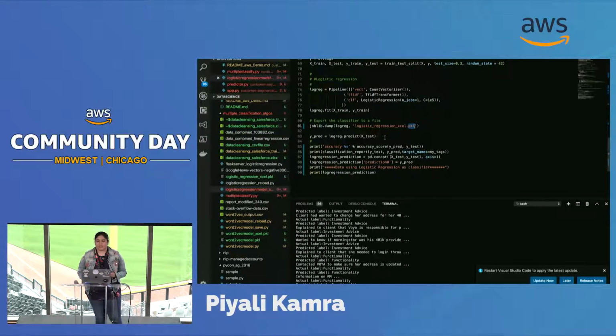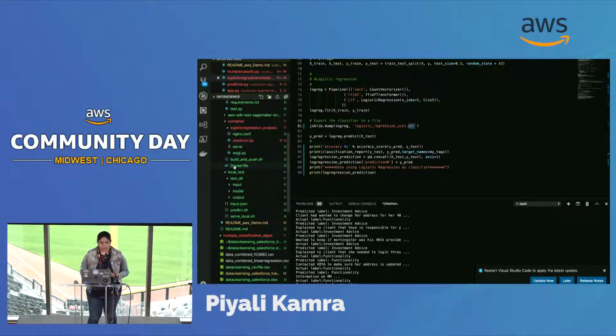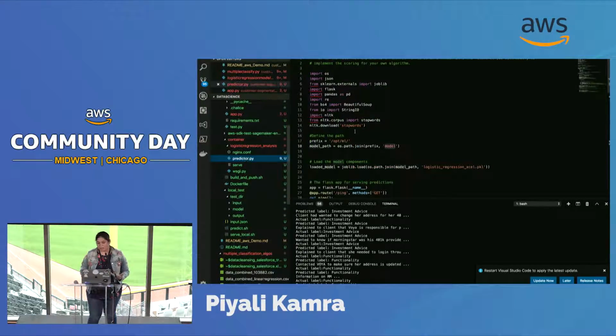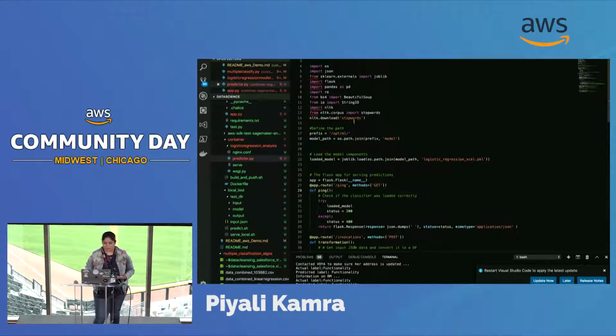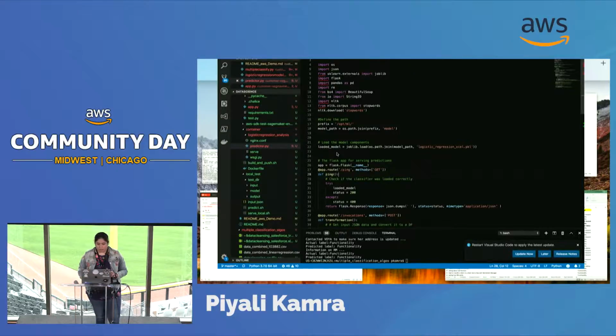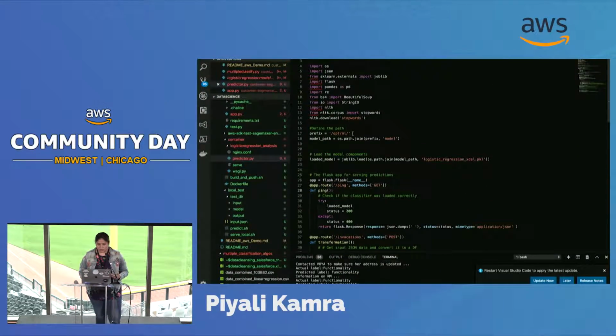In order to productionize this, we need to be able to use some kind of a microservice framework. So what we did is, we used the Flask microservice framework. Here, if you see, this is a short code that we wrote for using the Flask microservice framework. As you see, this whole thing, that is the Pickle file and the microservice framework, is